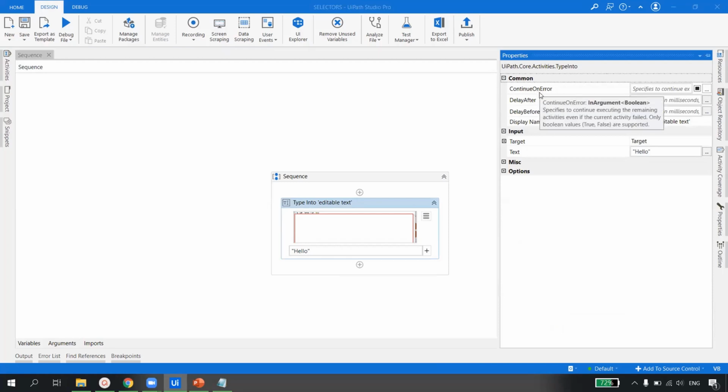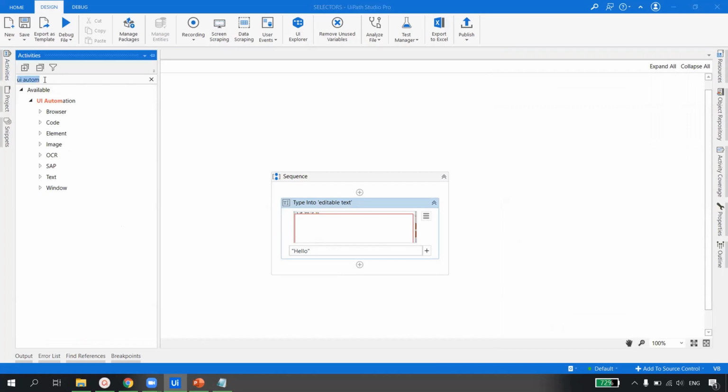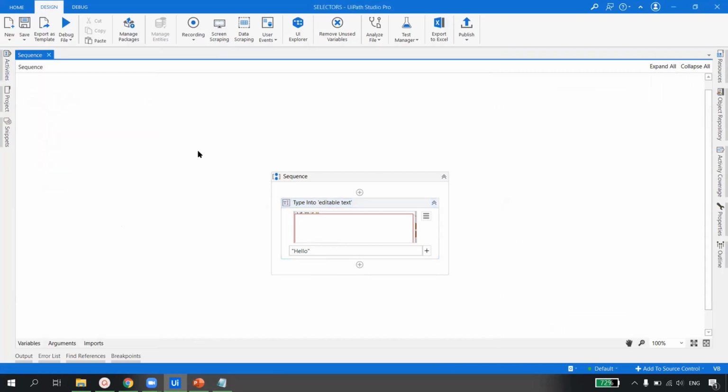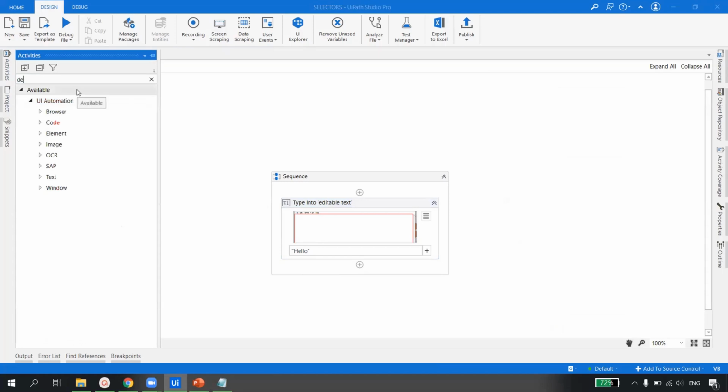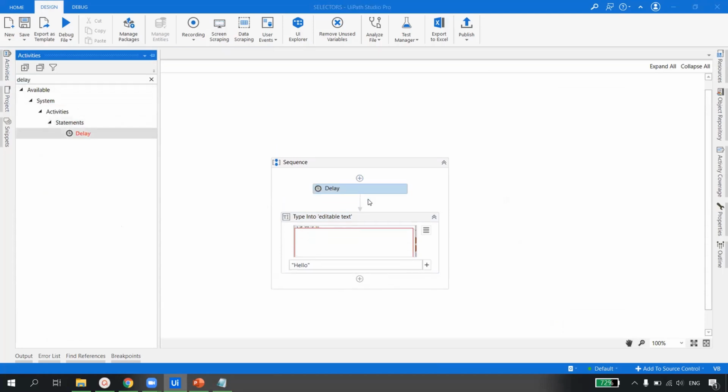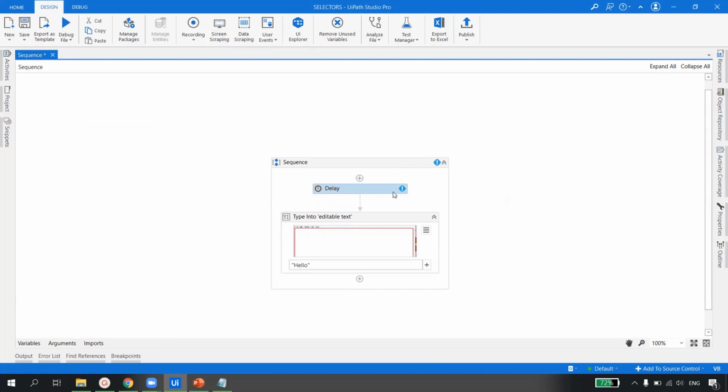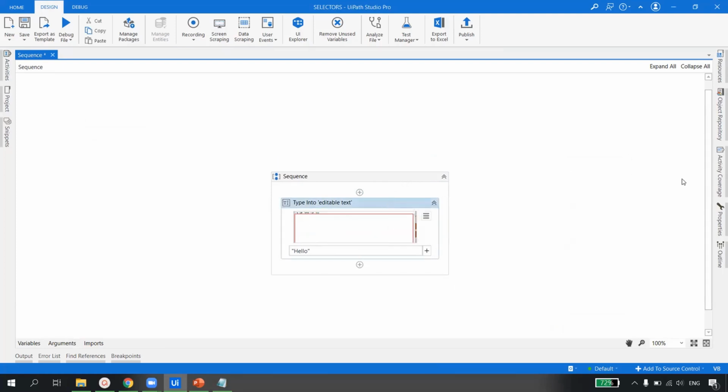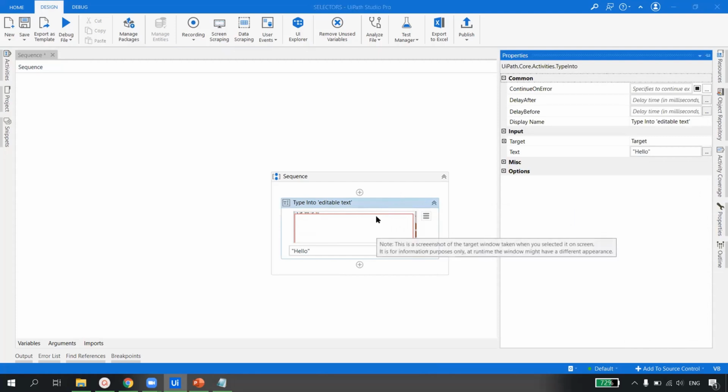I will just park this for later. So what is this, Delay After and Delay Before. Delay After and Delay Before mean you want to pause the automation for some time. If you remember, in the previous session we saw an activity called Delay. Every time we have to drag and drop a Delay and then put the time. So UiPath says that whenever you are doing any UI automation, user interface automation, and you have to put some delay, you can use these properties. No need to put the delay like that.